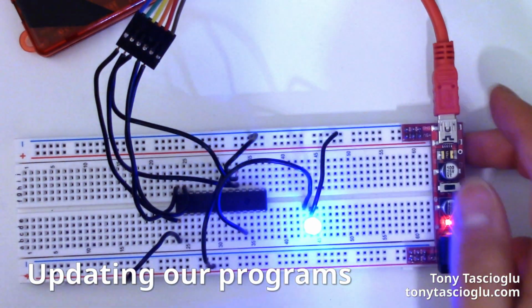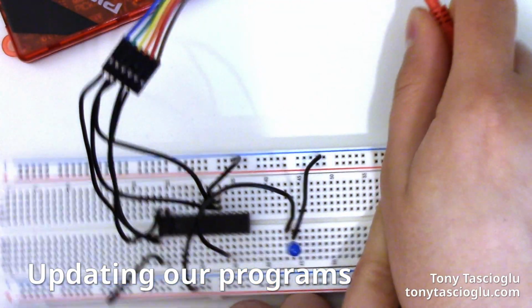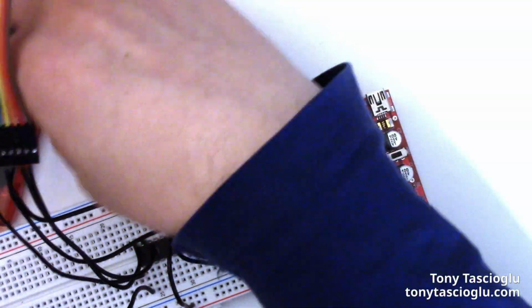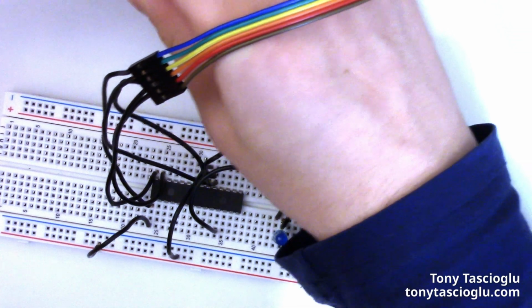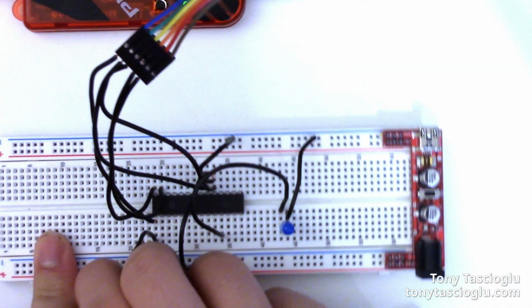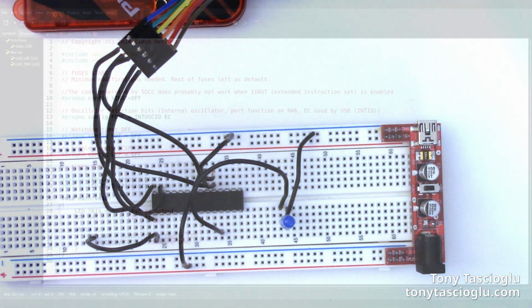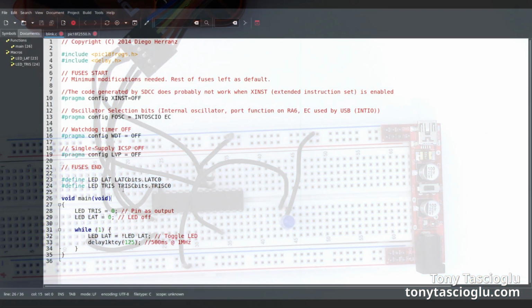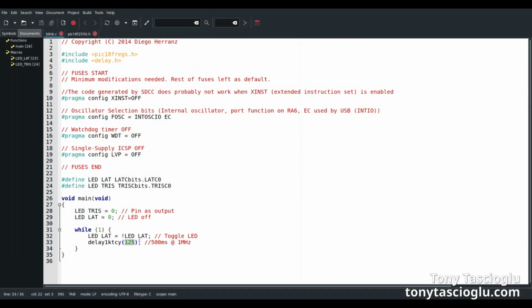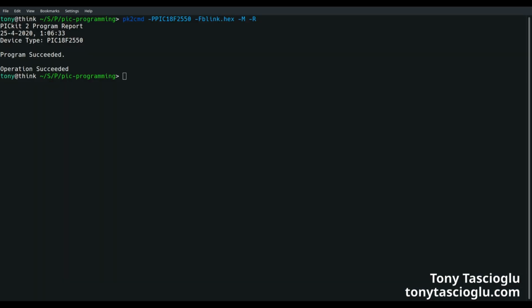To change the duration of our LED, we can just plug it back into our computer. Remove this jumper wire that connected M clear. Hop back over here. Change this delay to something like 10, so a value that's quite a bit lower. Hop back over to our terminal,